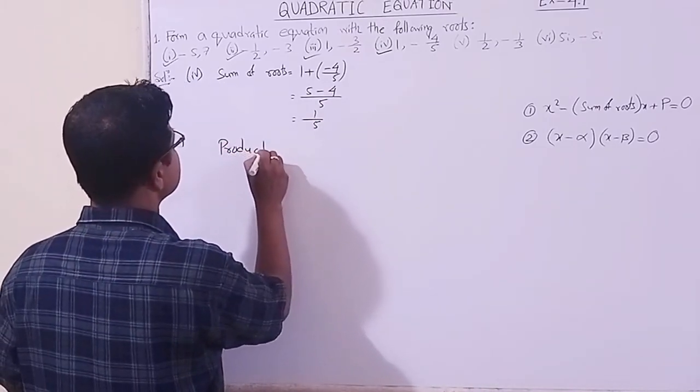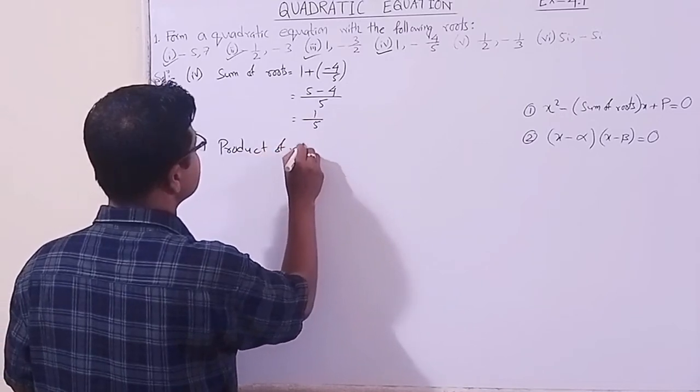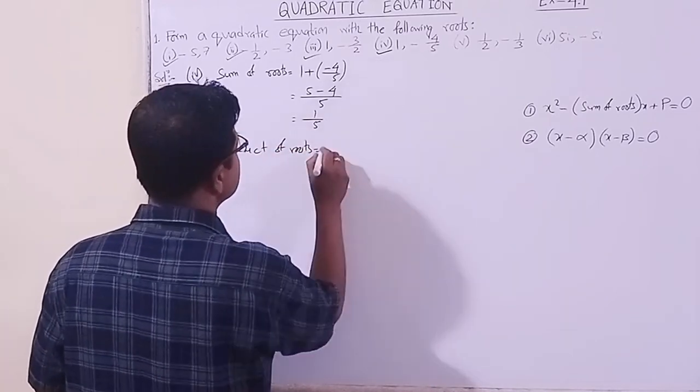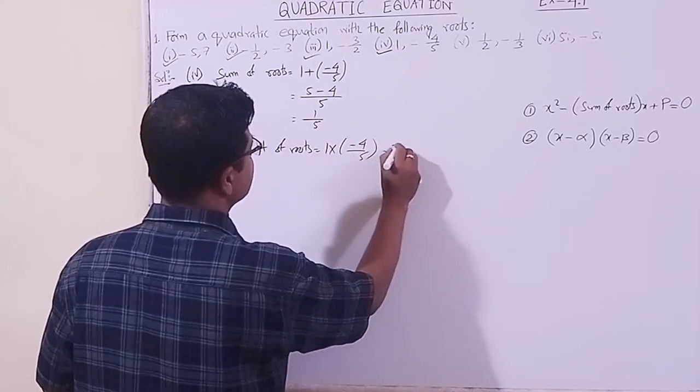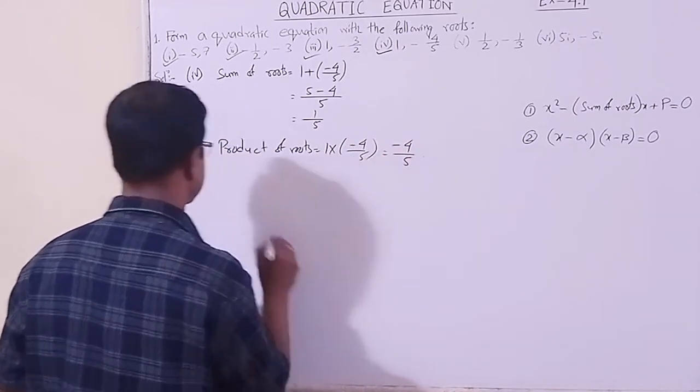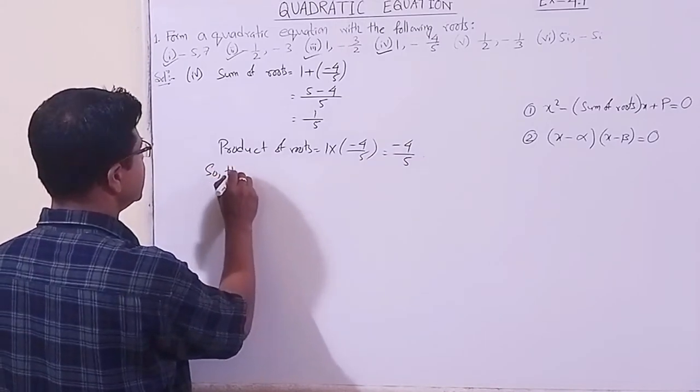These are very easy sums, is it not? Product of roots: this into this, 1 into minus 4 by 5. How much is it? Minus 4 by 5. Got it. Okay. So the required